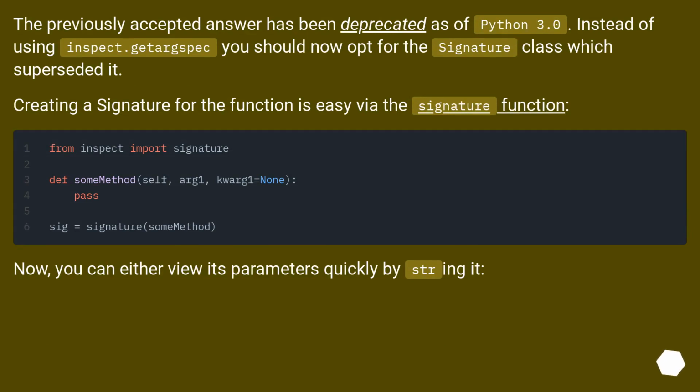The previously accepted answer has been deprecated as of Python 3.0. Instead of using inspect.getargspec, you should now opt for the Signature class which superseded it. Creating a signature for the function is easy via the signature function. Now, you can either view its parameters quickly by stringifying it,